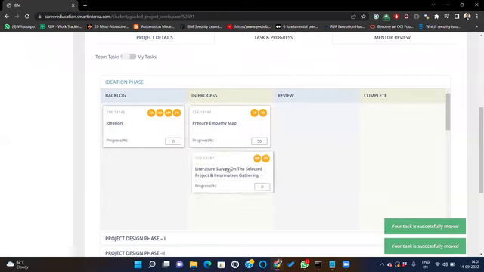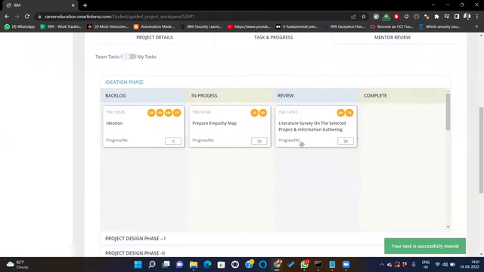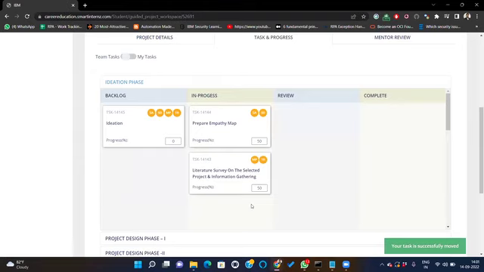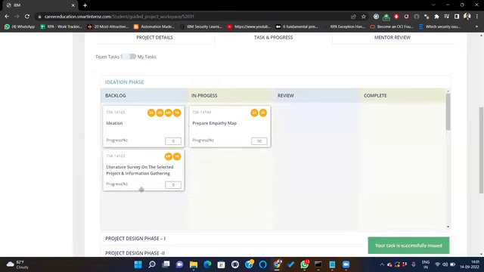If the tasks are not done, and I have put it in review, just testing and playing with it. Let's say I'm not done with this particular task. I'm bringing the task back to my in progress section if I'm currently working on it. If I'm not working on it, I'm just bringing it back to the backlog section. The transfer can be done. Okay.